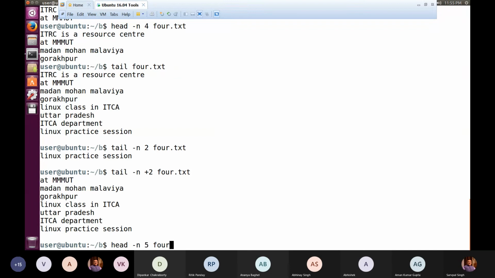And then I'm making use of the pipeline symbol. I'm combining it and then I'm writing tail. And here again I'm writing minus n, but this time I'm writing plus 3, and not 4.txt, because the input we have got from the previous command.